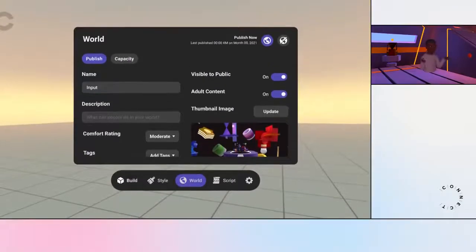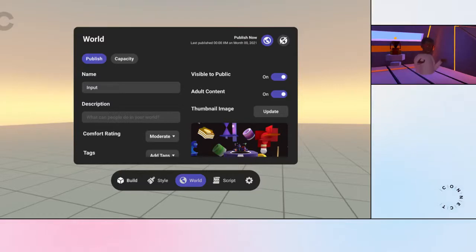The World tab is where you can access publishing information. You can give your world a title, description, give it a comfort setting, and specify how many players you want in your world. And of course, you can give it a photo. To publish your world, it must be within the capacity standards in Horizon, which you can see in your capacity